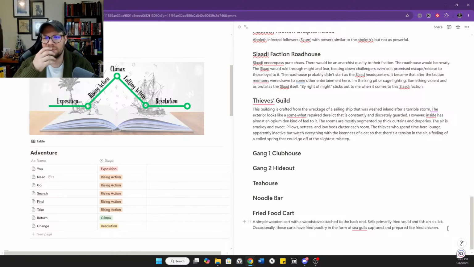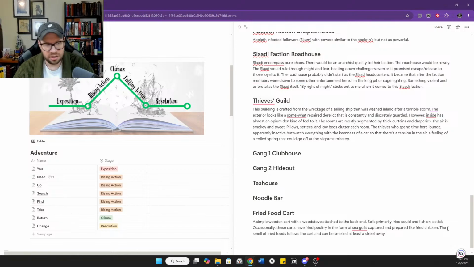Well, it would smell like fried foods, wouldn't it? The smell of fried foods follows the cart and can be smelled at least a street away.